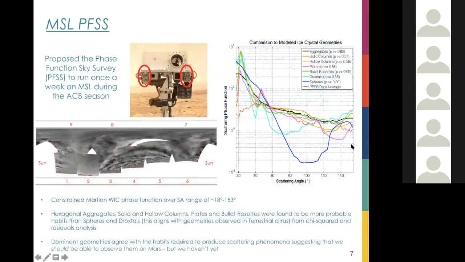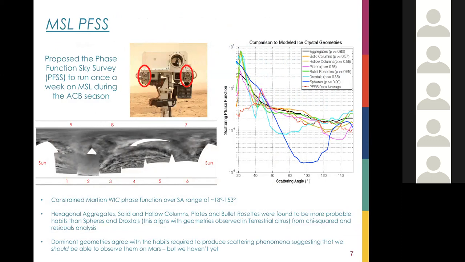And so we'll start with the work from surface using MSL. Because I've been a part of the mission, I was able to work along with the engineering team under the guidance of my supervisor to propose this observation called the Phase Function Sky Survey. And it ran on the NavCam imagers of Curiosity once a week during the ACV season of the last Mars